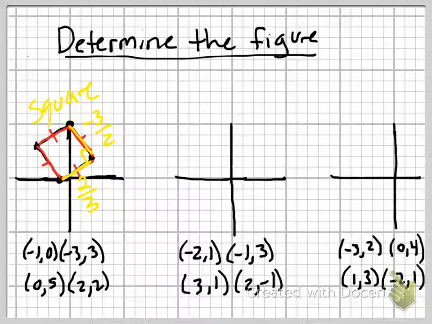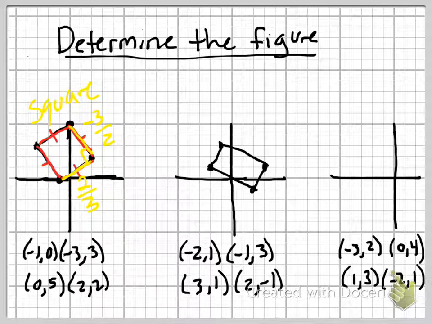Alright, the second one is at negative 2, 1. Negative 1, 3. 3, 1, just here. And then 2, -1. Okay, so when I look at this figure, automatically, this is definitely not a square or